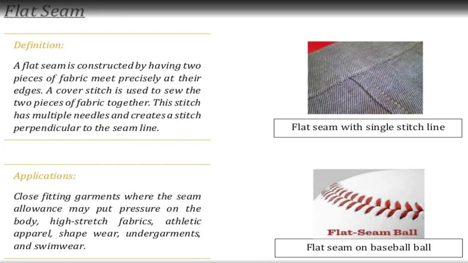Flat seam. A flat seam is constructed by having two pieces of fabric meet precisely at their edges. A cover stitch is used to sew the two pieces of fabric together. This stitch has multiple needles and creates a stitch perpendicular to the seam line. Applications: close-fitting garments where the seam allowance may put pressure on the body, high-stretch fabrics, athletic apparel, shapewear, undergarments, and